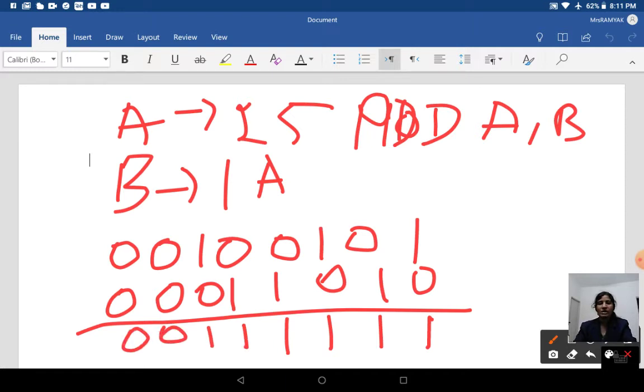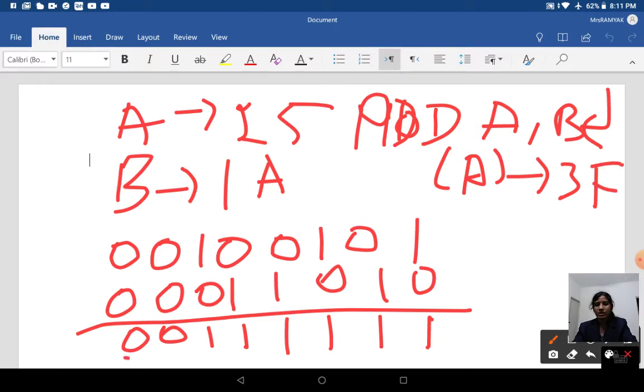So after executing this particular instruction, the content of the accumulator will be 3F. Here, 0011 is 3 and 1111 is F. After executing the instruction, it is going to be 3F. This is your add instruction.